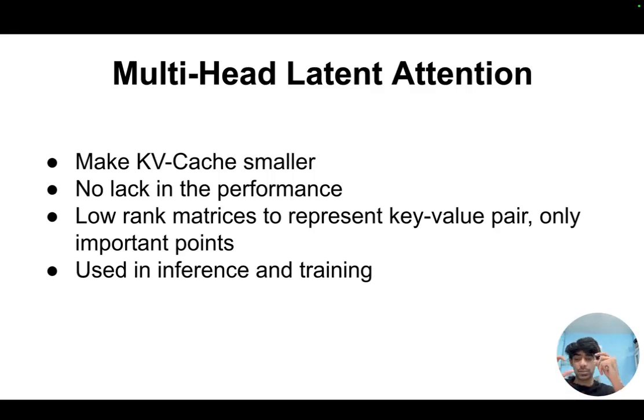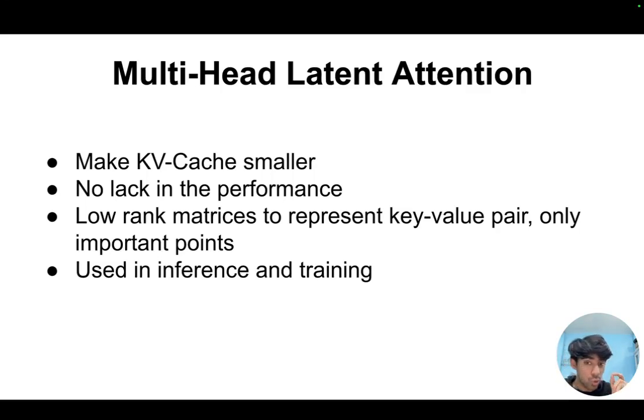So KV cache, basically, you don't need to calculate every time the tokens for which you have already done a calculation, right? So you can store that cache with you. Now, because the multiplication goes like this, right? You have this matrix, then you have this matrix, and then you go one by one. Okay. So they have made this whole KV cache smaller. They see no lack in the performance,